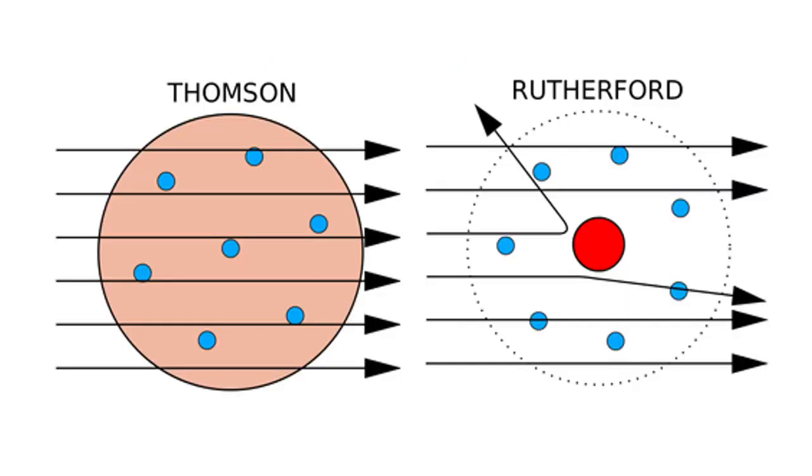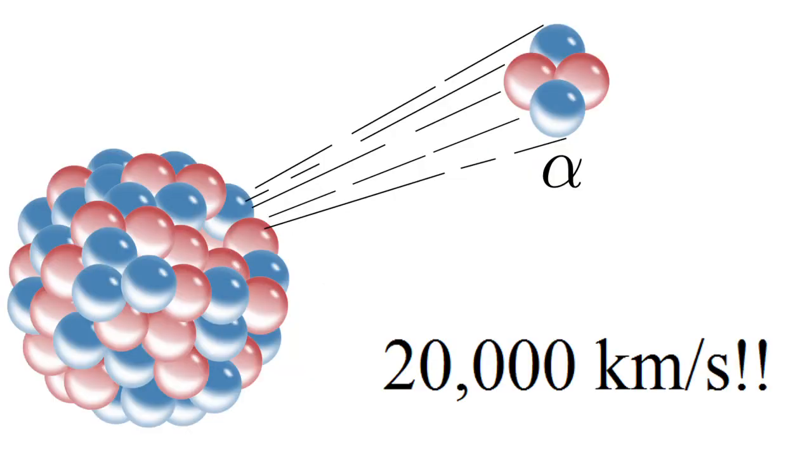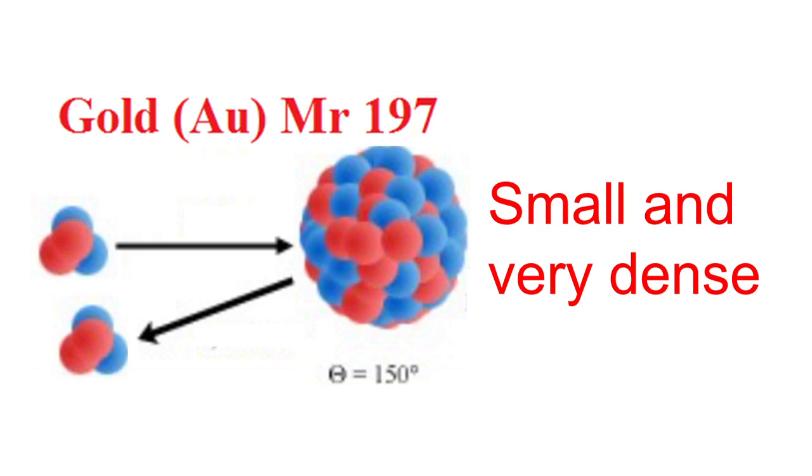Now, on the left you have the plum pudding model, and on the right you have the nuclear model. And here is the key point: the deflection of the particles. Alpha particles travel very fast, 20,000 kilometers a second. They could go around the world in 2 seconds. Now, in reality, they only travel a few centimeters before they're stopped, but they do travel with a lot of energy. For an alpha particle to bounce off and be reflected, there must be a very small,